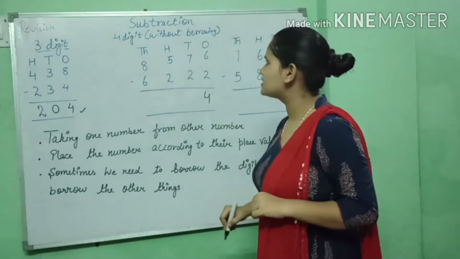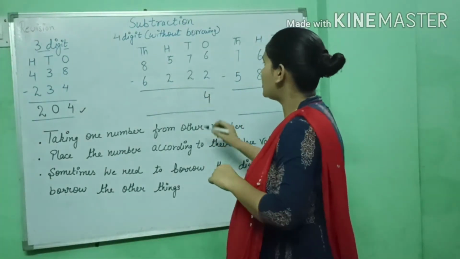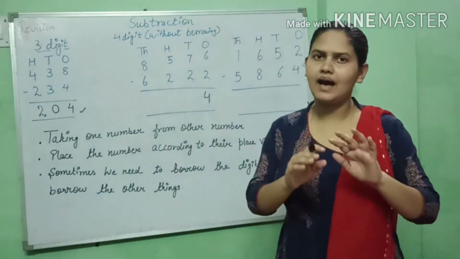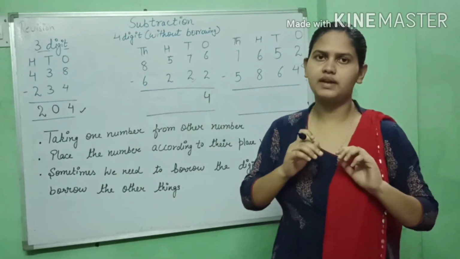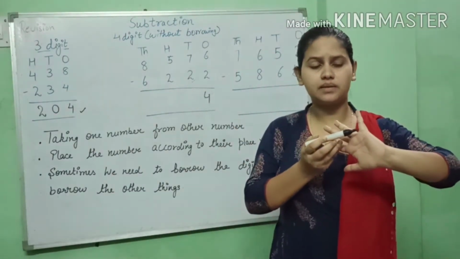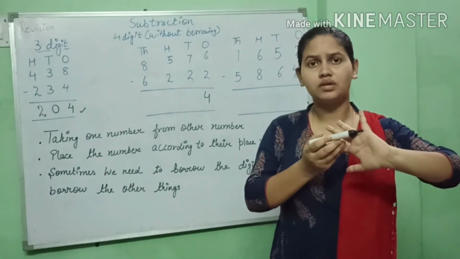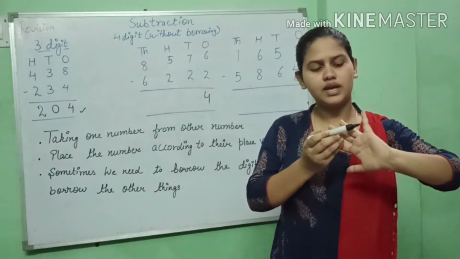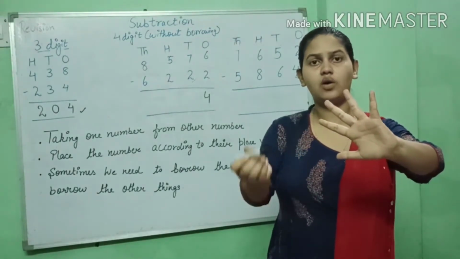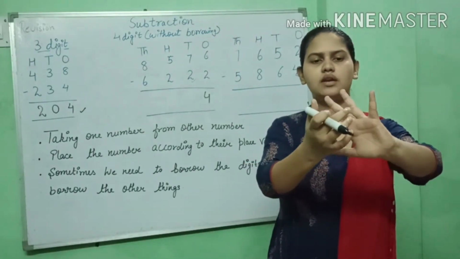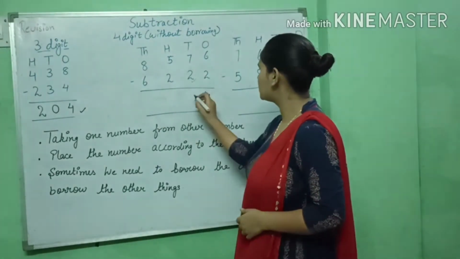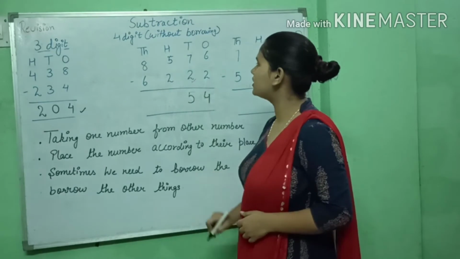Now come to tens. Here is 7 and we have to minus 2 from the 7. As I said, I will count after 2, till 7. As I count, this is my tip. Now I'm going after 2: 3, 4, 5, 6, 7. Now count it: 1, 2, 3, 4, 5. Right? 5 digits are left, so we write 5 here.